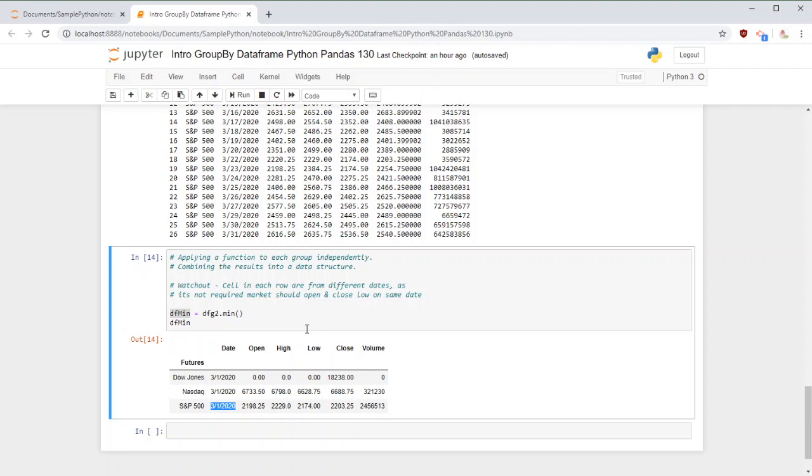So it's possible that on March 1st the market didn't open at the lowest value, and on March 1st the high was not necessarily the lowest. But the data is showing it that way because it's considering each and every column by itself and finds the minimum value for Dow Jones, for Nasdaq.